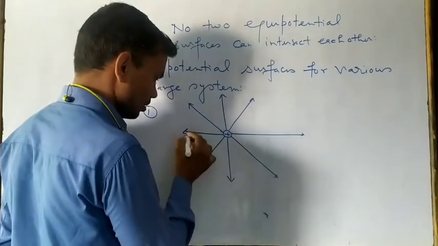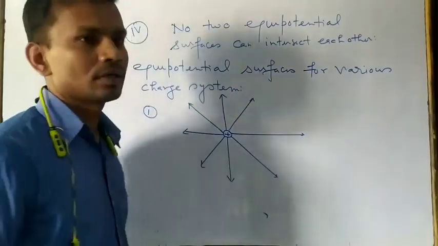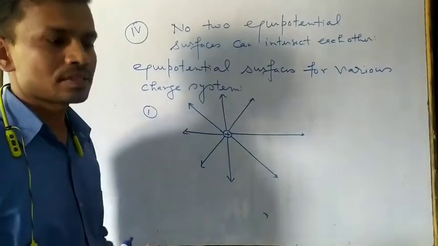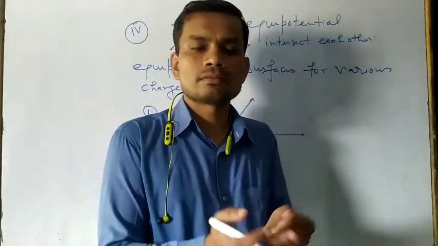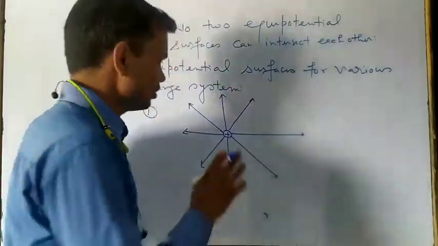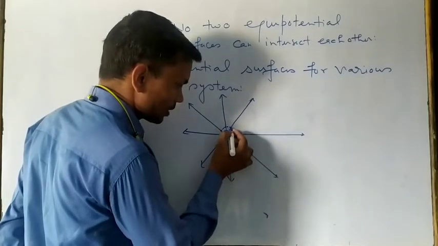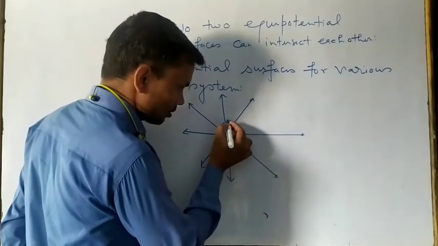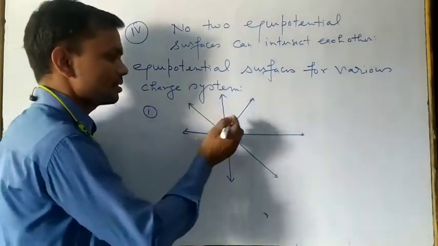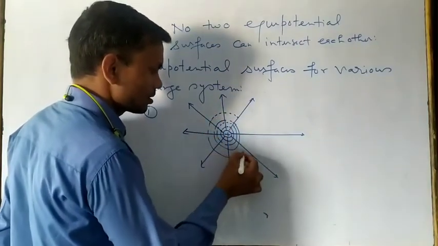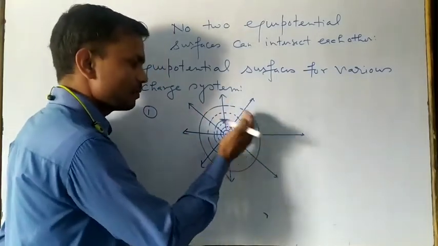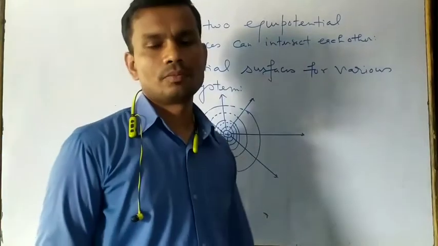Now here you have to see, near the charge the strength of the electric field is the maximum. By the property of equipotential surfaces, where the electric field strength is maximum, the equipotential surfaces are closer to each other, meaning the distance is smaller. So they are concentric circles and their distance is very small near the charge, but as you increase the distance, the separation of the equipotential surfaces increases. So these are the equipotential surfaces for an isolated point charge.